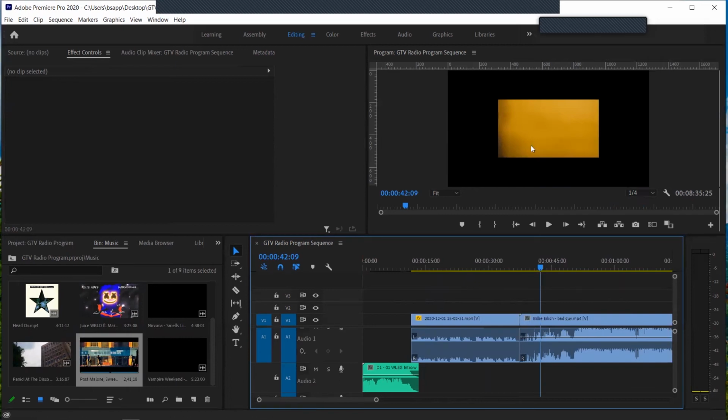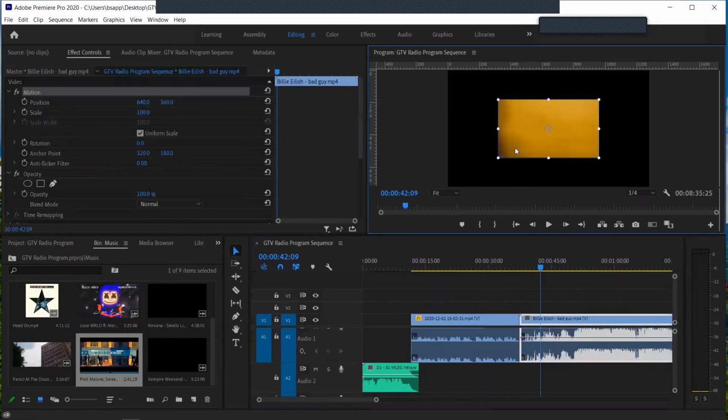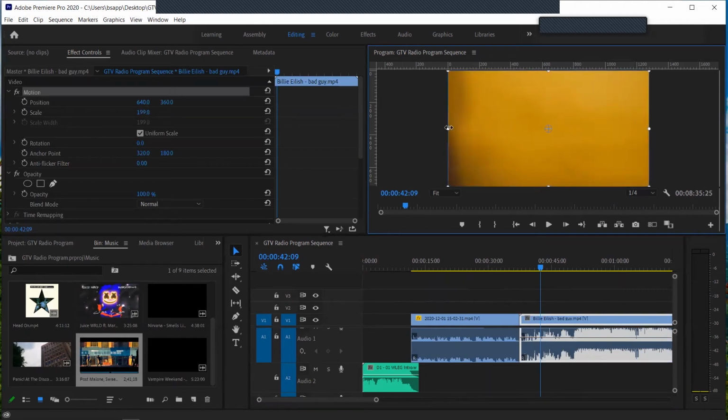And I'm going to change the size. So if you double click on your video, if it's smaller, you can double click on it and drag it out to the right size, and then click off of it, outside of it. And then I'm going to listen to the audio